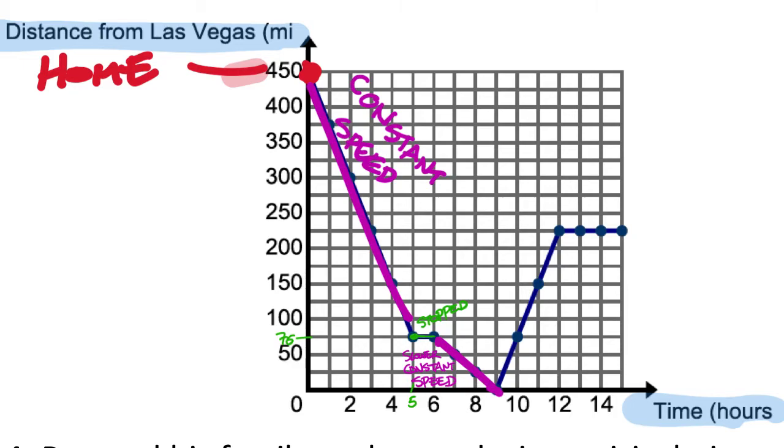All right. Well, at this point here at the bottom, that means they actually are in Vegas. Okay? So this orange point right here, that means they are at Las Vegas, however you want to say it. Now, did they stop in Vegas? No. If they did stop in Vegas, it would have been some kind of flat line at this point, but they didn't. Looks like they went straight through Vegas,